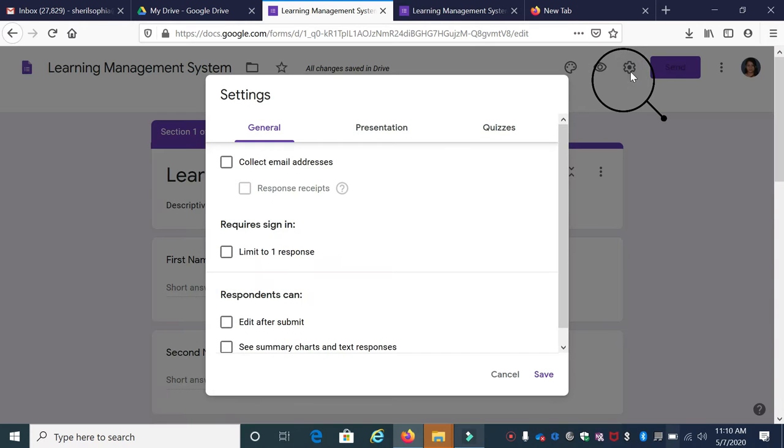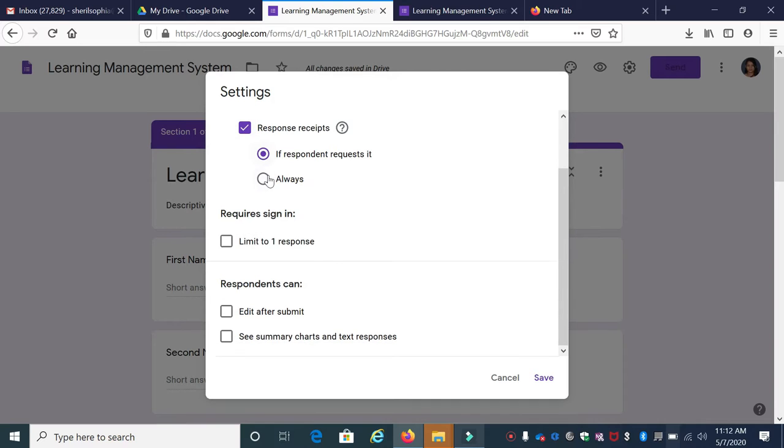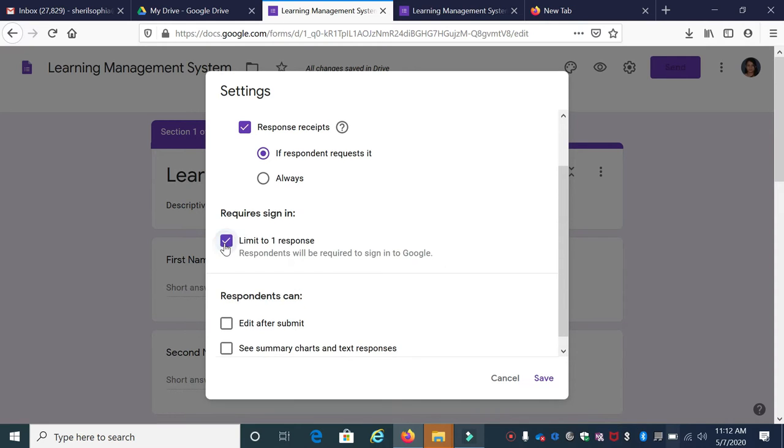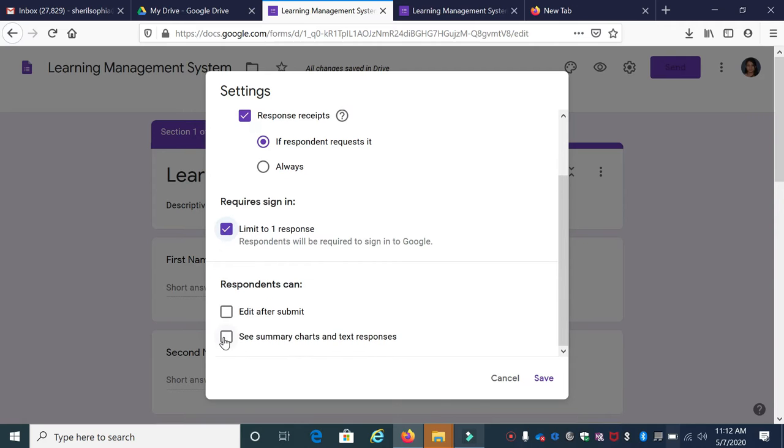Go to the setting button, and here for sure you have to collect the email address of your students or your participant, because you're going to correct the paper manually and send the grade to their mail IDs. You have to check this particular button, and then you can limit to one response. That means the student or the participant can only attempt this particular quiz just once. So we're going to go ahead with this. So if your respondent wants to see the response in the form of summary charts, let's give this particular option on